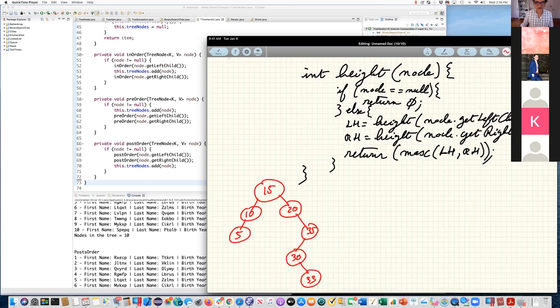Okay, that's a binary search tree. So what is the height of this tree when we look at it? Well, the height of this tree is 1, 2, 3, 4. The height of this tree is going to be 5.